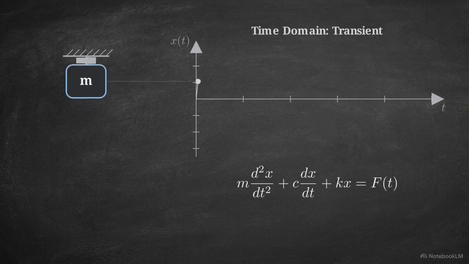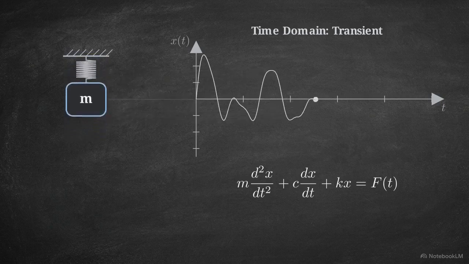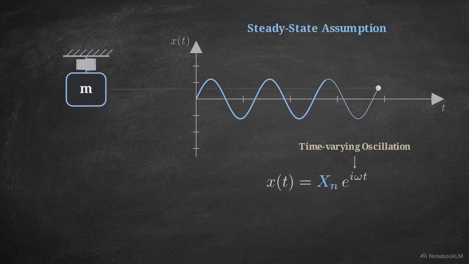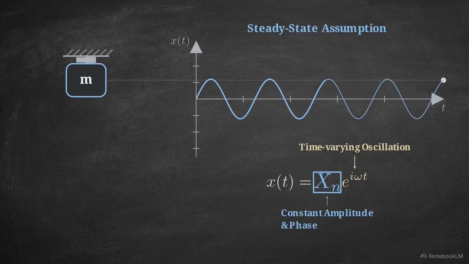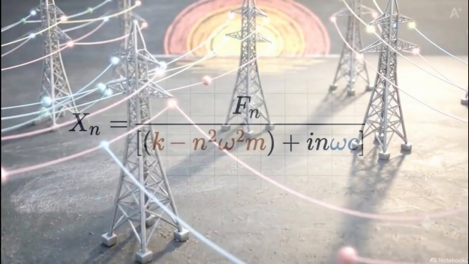Tracking a single mass bouncing on a spring yields a displacement that traces out a messy, continuously varying sinusoidal wave. To bypass this calculus problem, engineers assume the shaking reaches a steady state and route the physics through the complex exponential. This specific mathematical operation replaces the fluctuating wave with a single constant algebraic term. As shown here, xn represents the complex amplitude of the system.